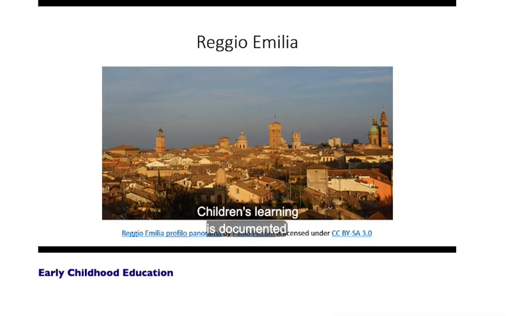Children's learning is documented through different methods, including what they call the 100 languages of children. So children don't just represent what they know with their words, but they also may be able to create that in different artistic formats. They might be able to dramatize that. They might be able to sing that. They might be able to do other things that show you how they understand and perceive the world. They have an atelier, which is an art studio with an atelierista, which is an artist that instructs the child in how to use the arts. And it's important to note that this atelierista is not a teacher, but an artist that actually comes in and teaches children really genuine art methods.